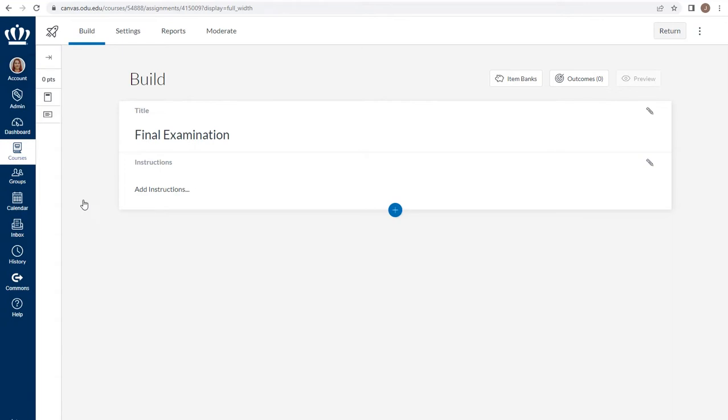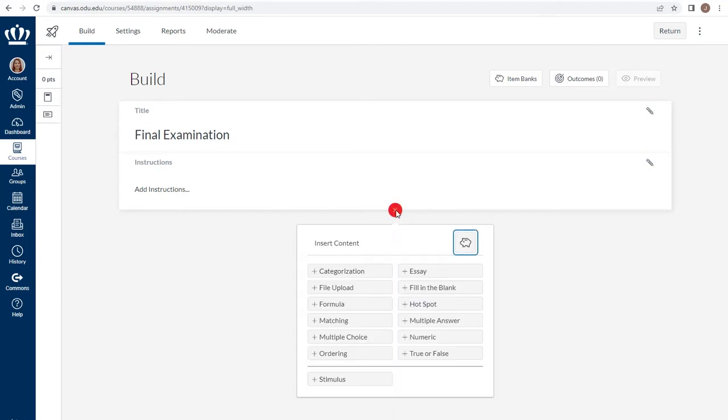Once you have determined all of the settings for your quiz, you can then begin to add questions. To add questions to your quiz, select the blue plus icon on the screen. Here you can see all of the question types that are available in Canvas New Quizzes. While many are familiar, such as multiple choice, multiple answer, fill in the blank, true or false, etc., some are